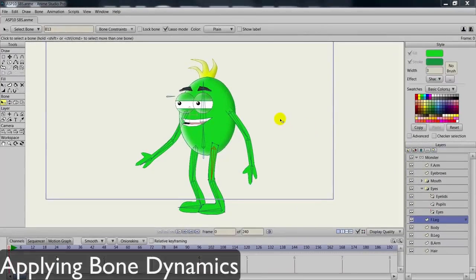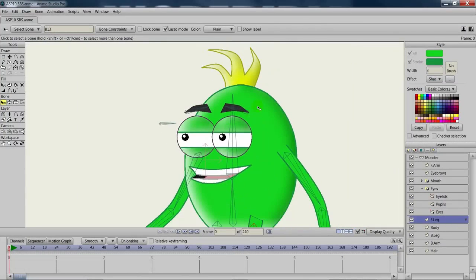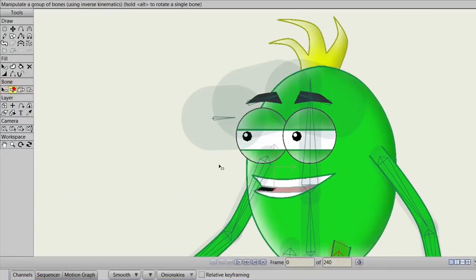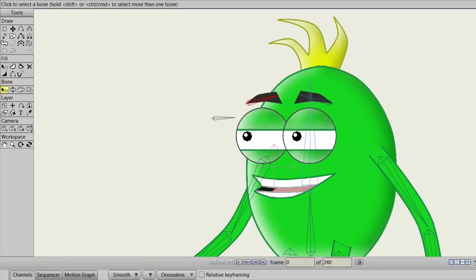So as I mentioned before, we were going to come back to the hair. And so now, let's take a look at it. So the hair isn't bound to anything right now, and if we move some limbs around, like for instance the eyebrows that have influence on them, you can see that the hair is being affected. And, well, we want to change that, but not only that, we want to add a little bit of bounce